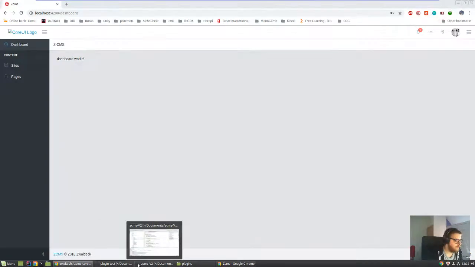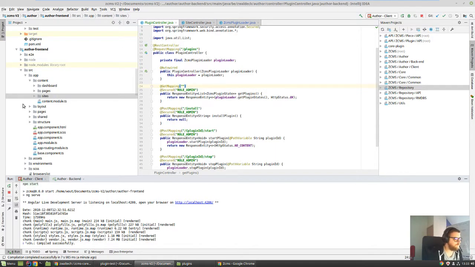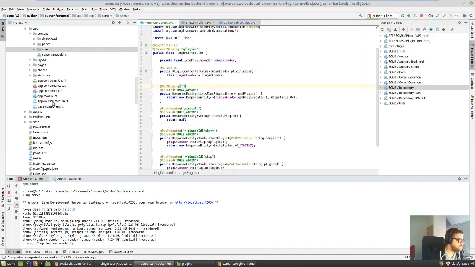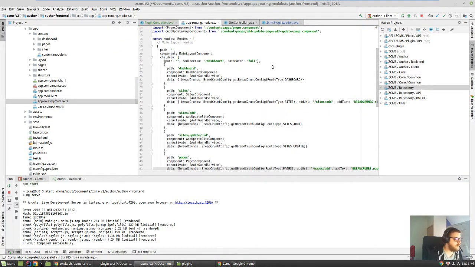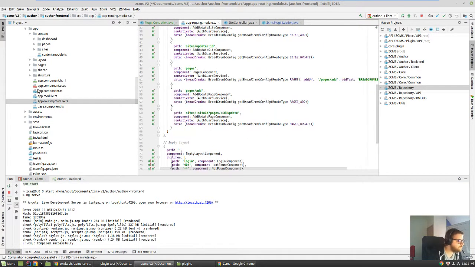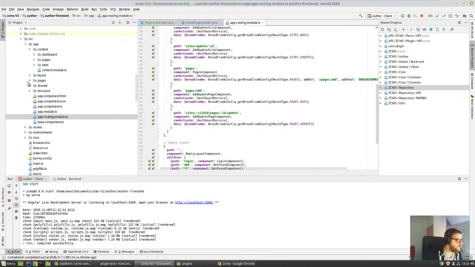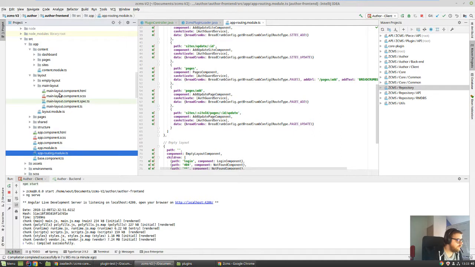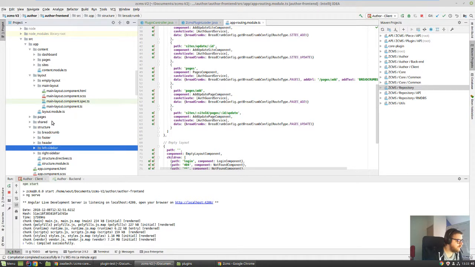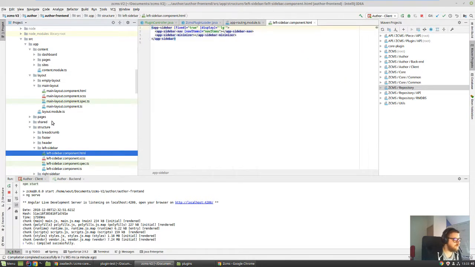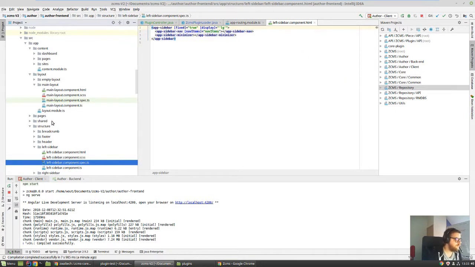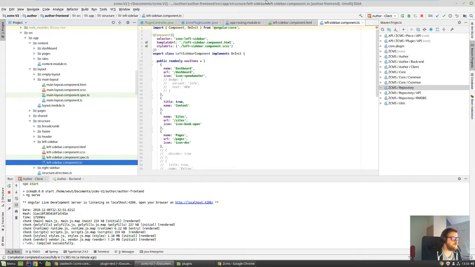So let's start doing that. So we will need to create new routes. We will need to fix our navigation, so our left sidebar, it renders the nav items